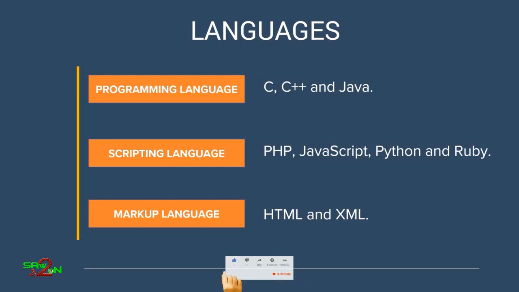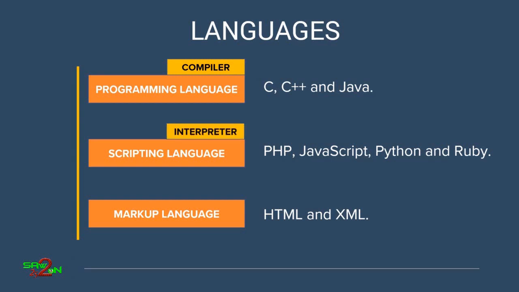For this lecture, understand there are three types of languages: programming languages, scripting languages, and markup languages. And you have to understand the differences between these three. Well, programming languages are mostly used with compilers. So we're going to look at what is a compiler and interpreter next. But understand, programming languages use a compiler to compile the code, and scripting languages use an interpreter. They don't need to compile it, they run as it is. So we're going to see an example of how this works in real time. And the next section will be to understand compiler and interpreter. Okay, so that's all for this lecture on the different types of languages that we have.